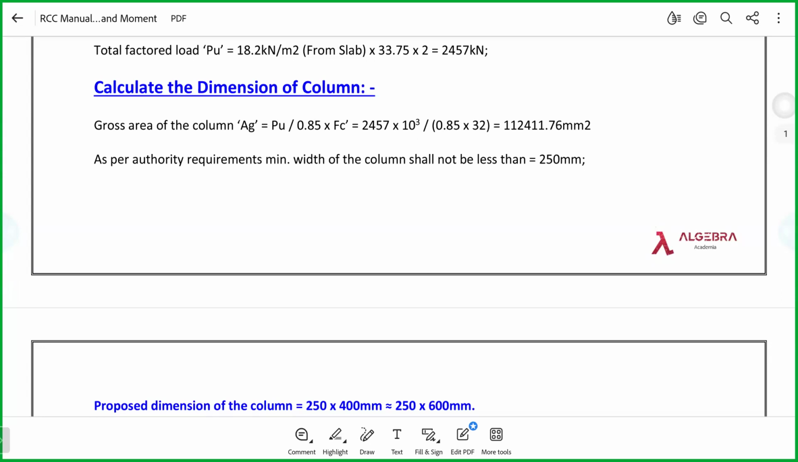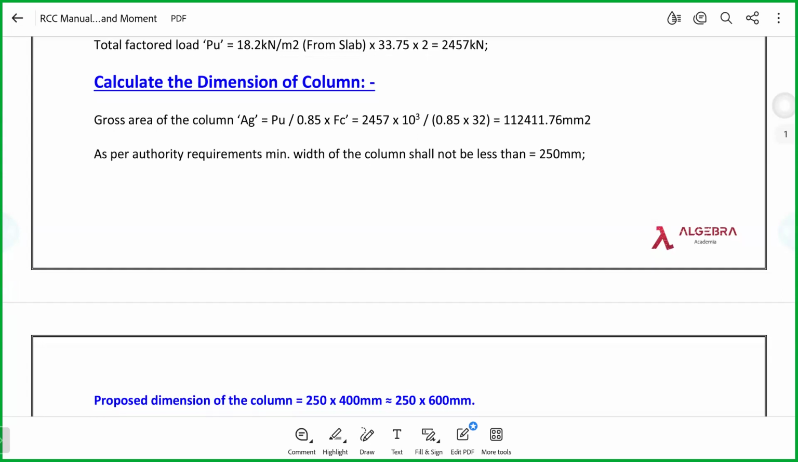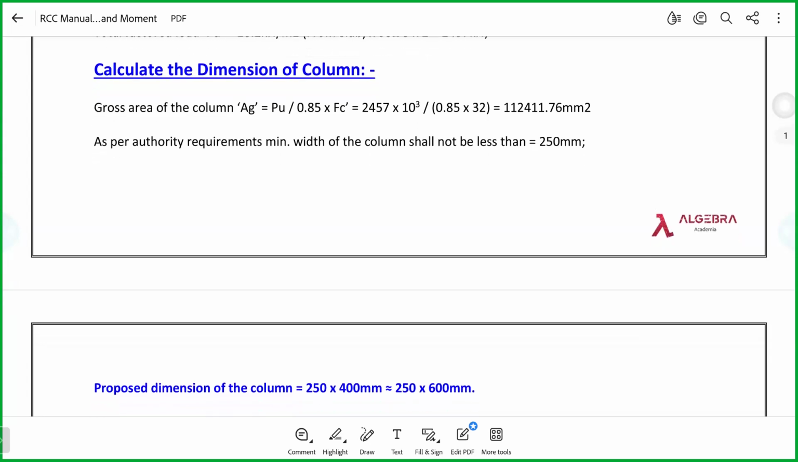112411.76 square millimeters. As per authority requirement, the width of the column should not be less than 250 millimeters. Before, they were accepting 200 millimeters. Nowadays the authority's minimum requirement for the width of the column is 25 centimeters. So again, note this point. Before they were accepting 20 centimeters. Now they're requiring the minimum width of